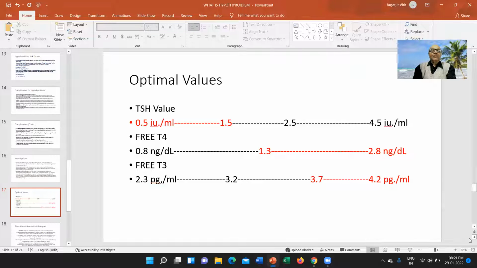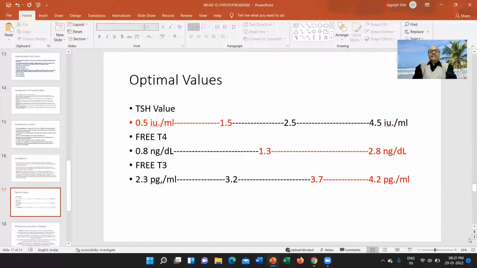Free T4: 0.8 nanogram per deciliter to 2.8 nanograms per deciliter, but the optimal value is 1.3 nanograms per deciliter to 2.8